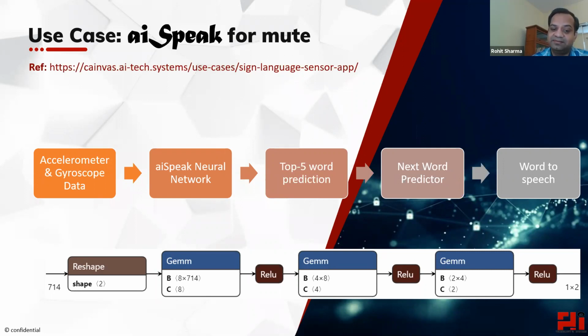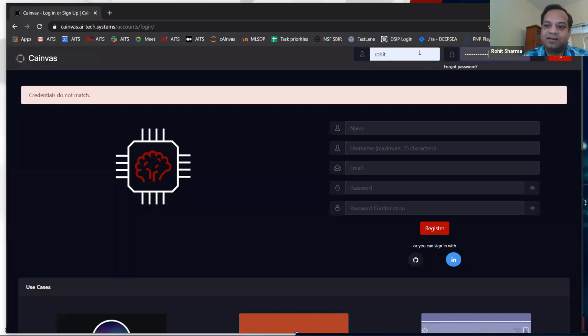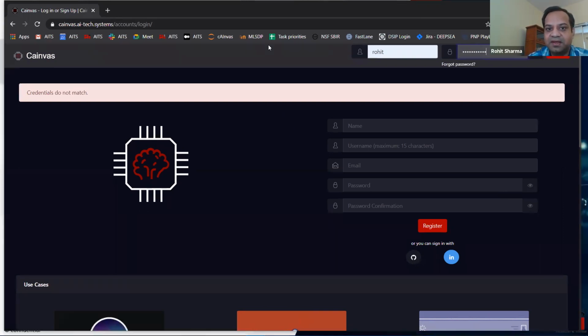And being able to achieve that in itself is a magic. And this is what I call the magic and the excitement on a daily basis. The kind of applications that can be enabled on TinyML are enormous, and they excite me on a daily basis. So what I'm going to do is take you through the software and show you how you can use the platform to develop applications like that, what is the ease that exists today, and how it helps you.